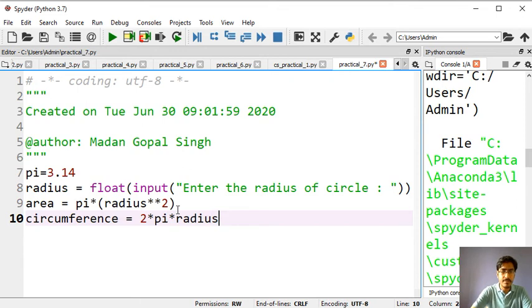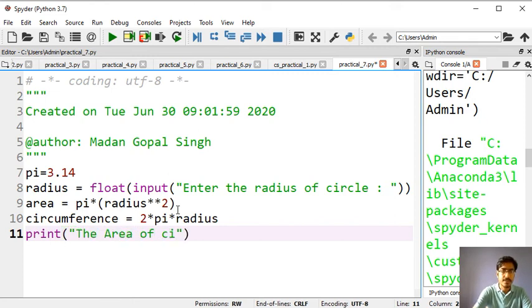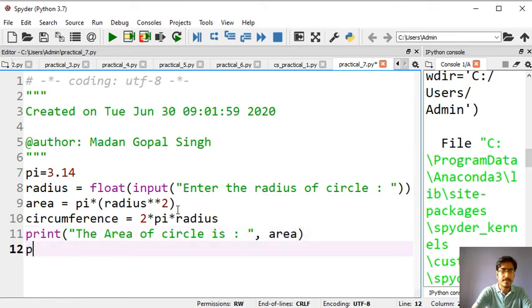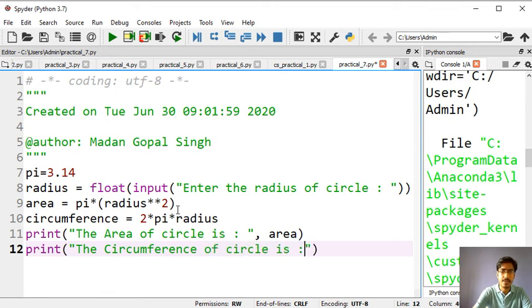Here also in the last slide I have written r, you should correct it. Now we will print the area of circle is, you will print area, and print the circumference of circle is, we will print the circumference.